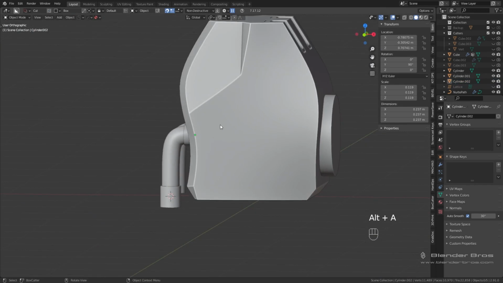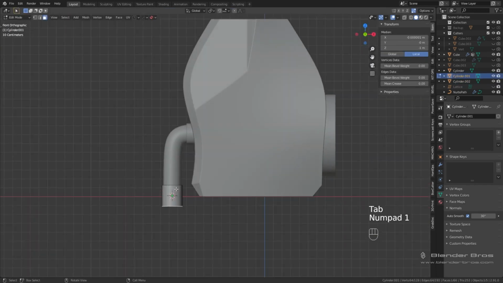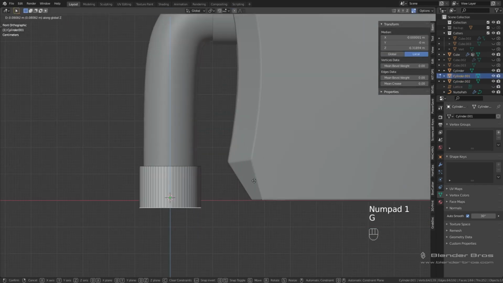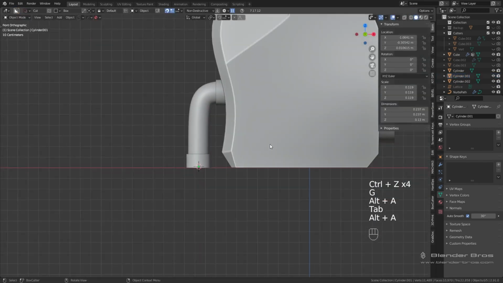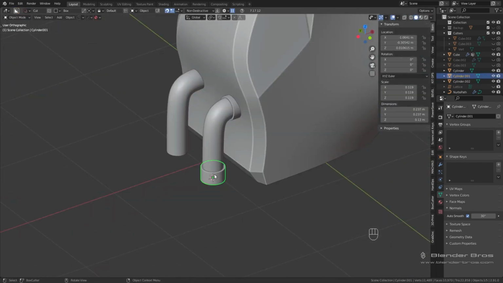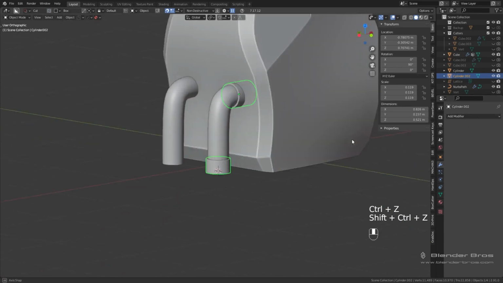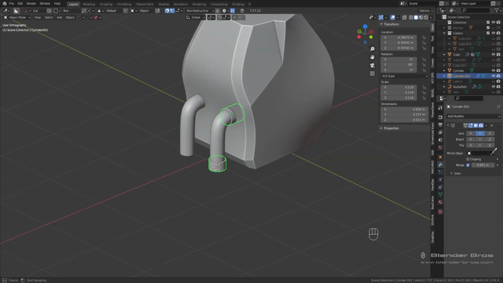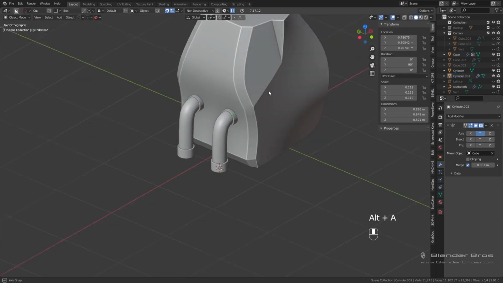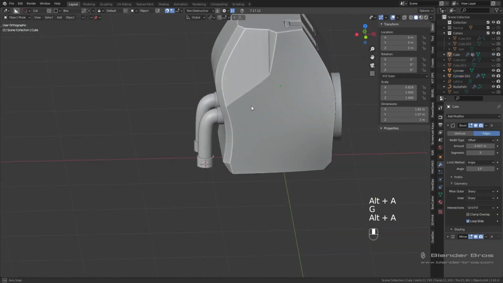Kind of like that. And just to keep this on the top of the grid, we'll go ahead and move that right up here. There we go. And you know the drill, let's join these together. You don't have to, but I don't think it's going to hurt us, so if we want to separate them later, we can. Let's go ahead and add a mirror modifier. We'll go to y-axis and choose this as our mirror object again, the main piece,